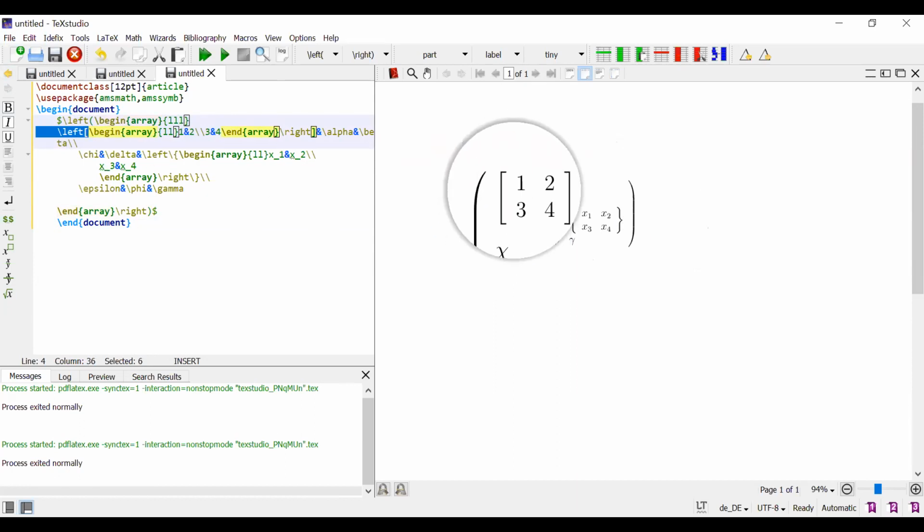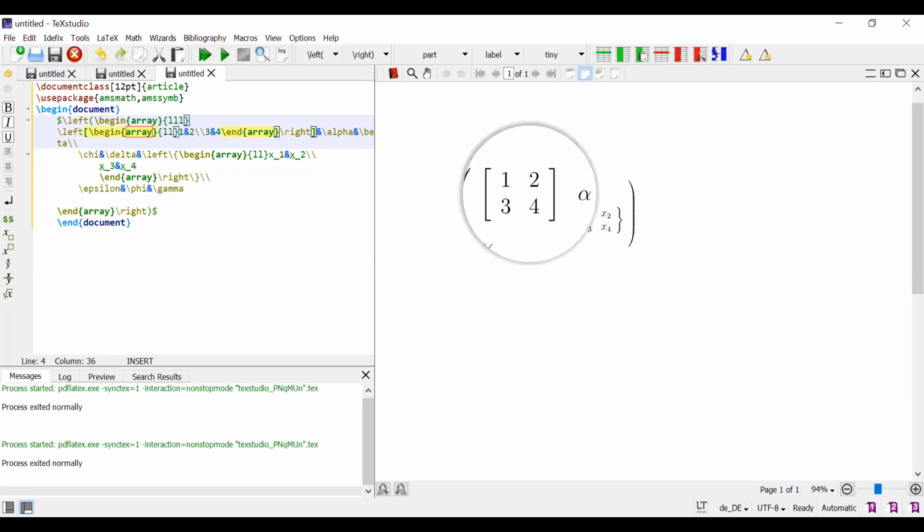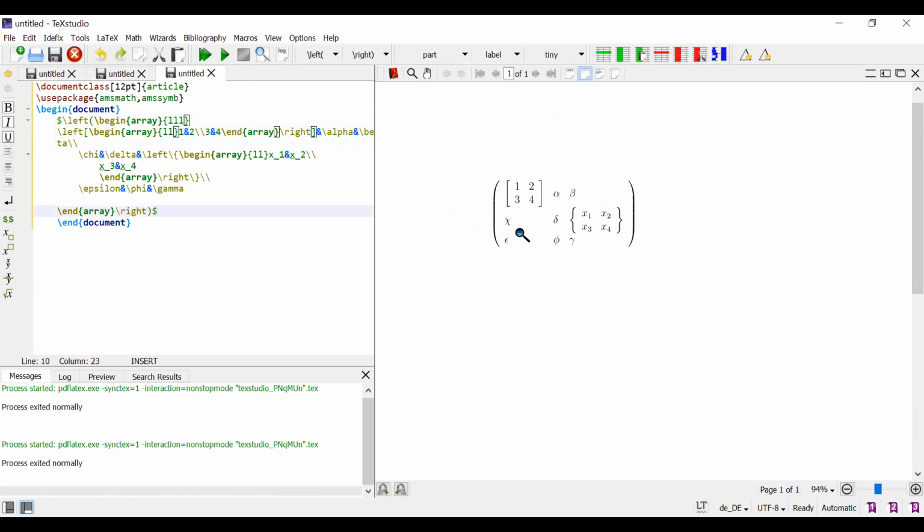Okay, draw this closed bar. Again, slash begin array stands for this array. This is a little bit complicated, but when we use the concept, you can write any code. So this is the nested array concept. Like this, you can write x comma 1 comma 1, x 1 comma 2, x 1 comma 3, and so on.